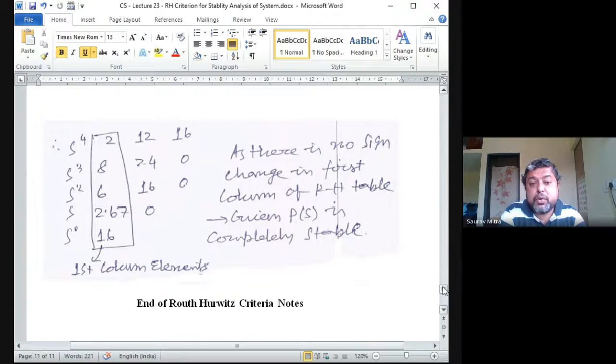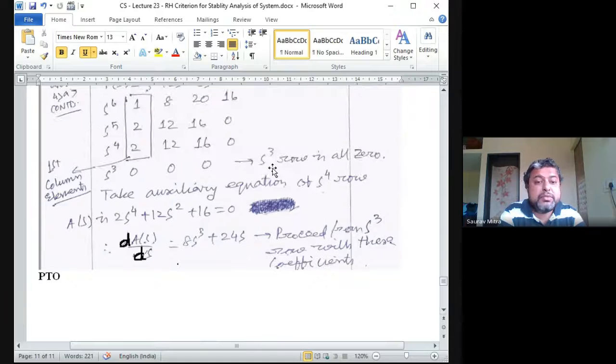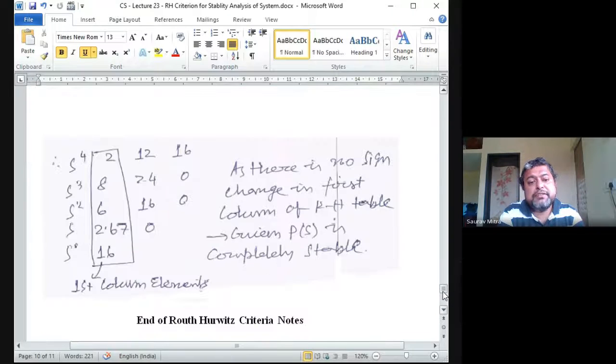So now you have to check the whole first column. Whole first column means previously s raised to 6 was 1, s raised to 5 was 2, s raised to 4 was 2. Then after these adjustments, you are finding s cube as 8, s square as 6, s as 2.67, and s raised to 0 as 16. Somebody writes it as 1, but you write s raised to 0. So as there are no sign changes in the first column of the RH table for the given P(s),